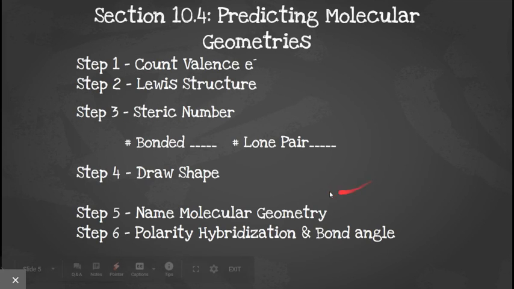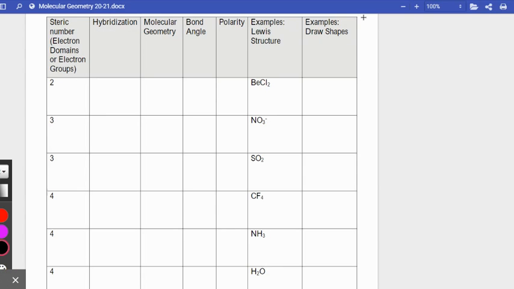Okay, so let's do some examples. We are going to just focus on the Lewis structure and the shapes for this one, and we will come back and do the bond angle, polarity, and hybridization next time. So we have